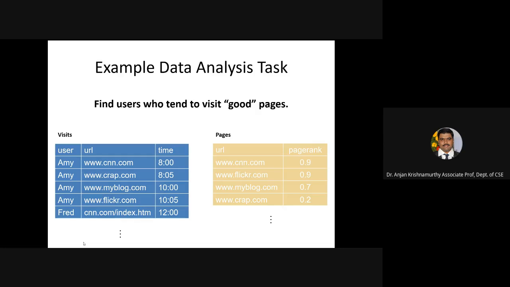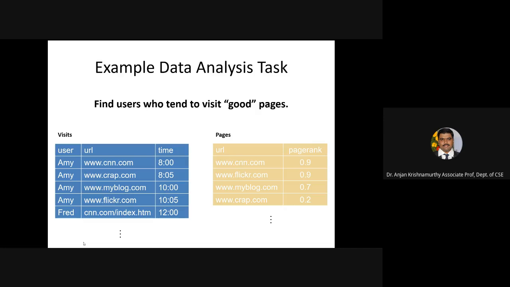And you can see that every time a user gets logged in and visits a particular website, his time and the count will be captured with respect to the URL. With the URL, we can capture the time as well as the count and the origin where he has come from.